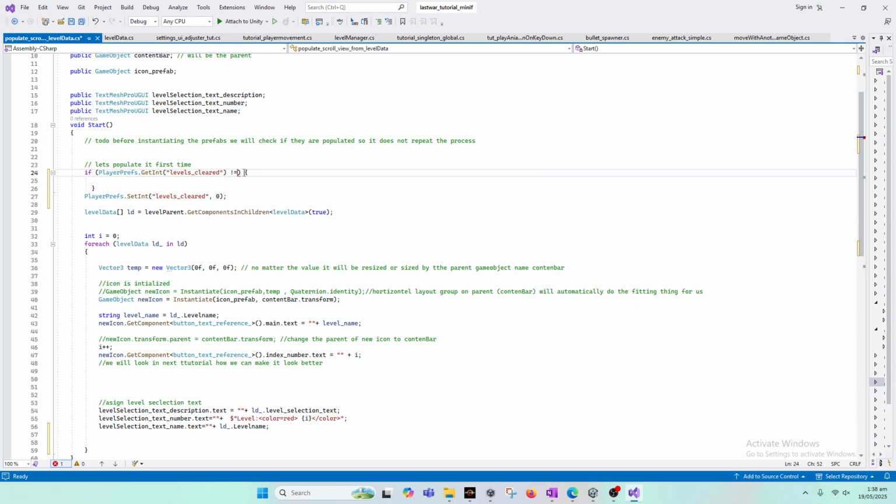So we can type is equal to 0, then we will set the player preference to, so by default this is null, so we don't have to do this. And what this means is that it knows that the level cleared is 0, so we don't have to put any value here. But to show you that we can use this, I will simply give the value 1,